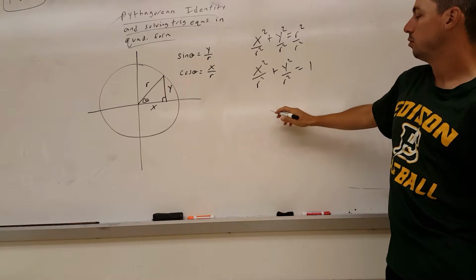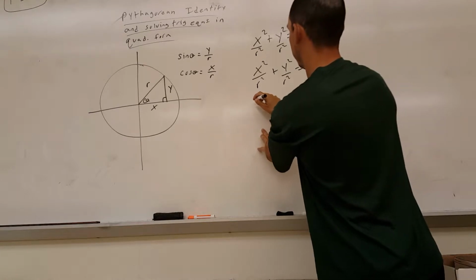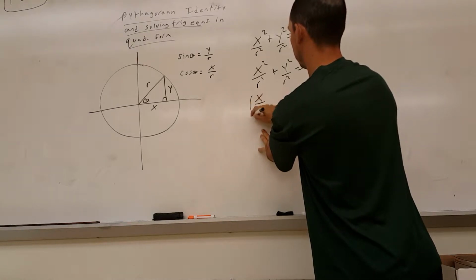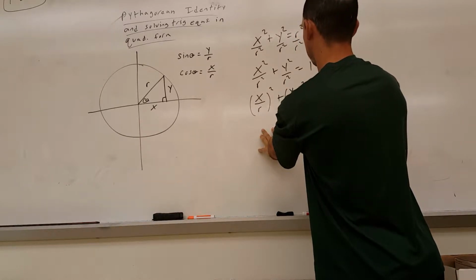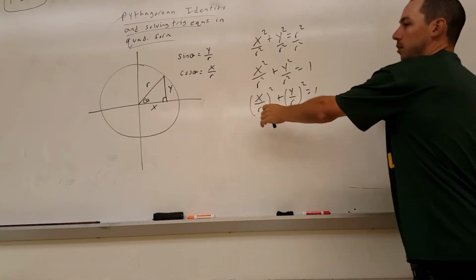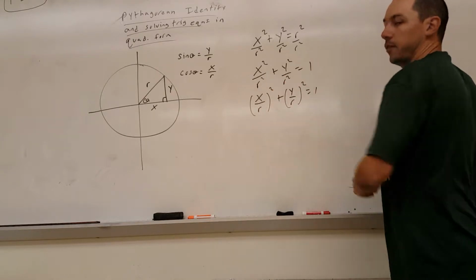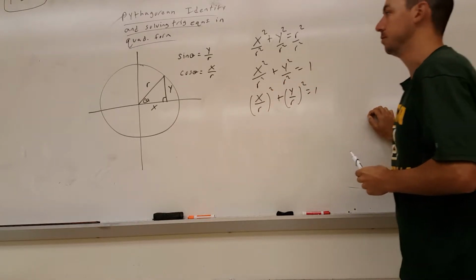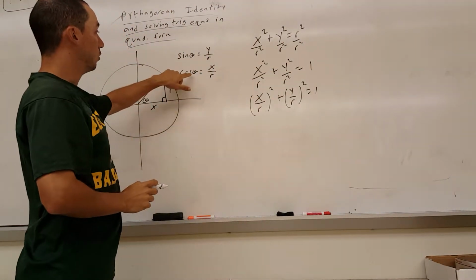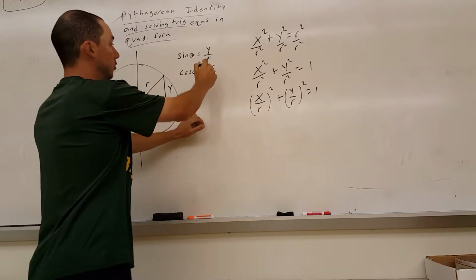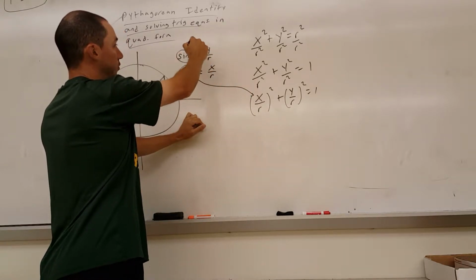All right, I'm going to rewrite both of these terms here as fractions that are squared. Now these are equivalent. If you have a fraction and you square it, you square the numerator, and you square the denominator. So this will be x squared over r squared, is what we have there. Now I'm going to make a substitution. I see I have x over r, squared. Well, cosine of theta is equal to x over r. So when you substitute cosine of theta in here, and substitute sine theta for y over r